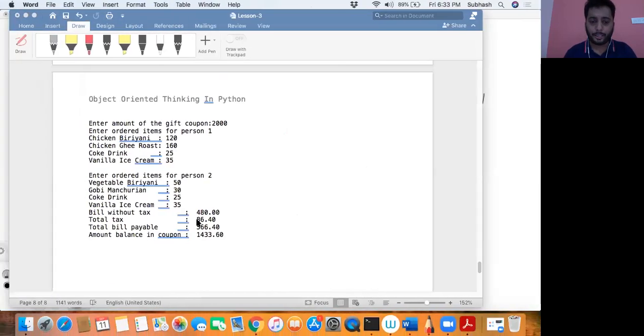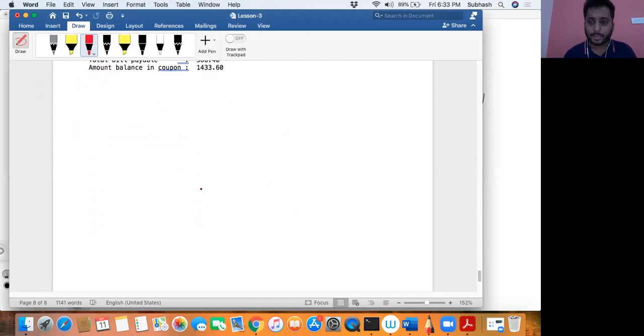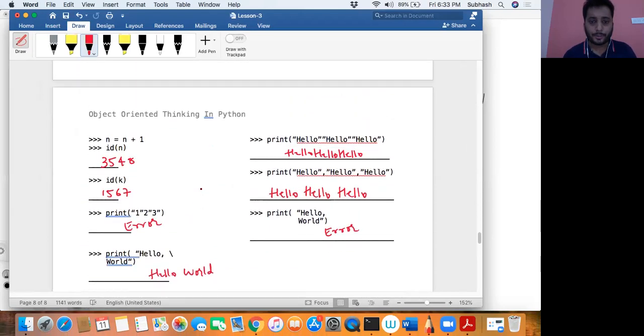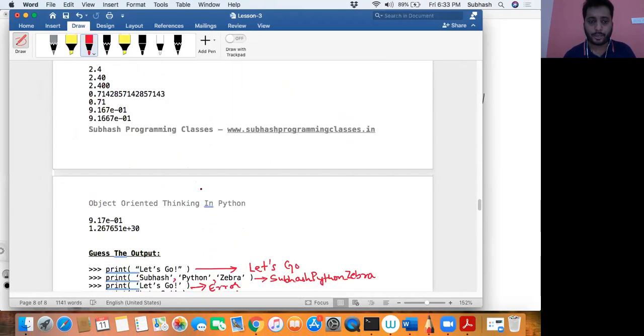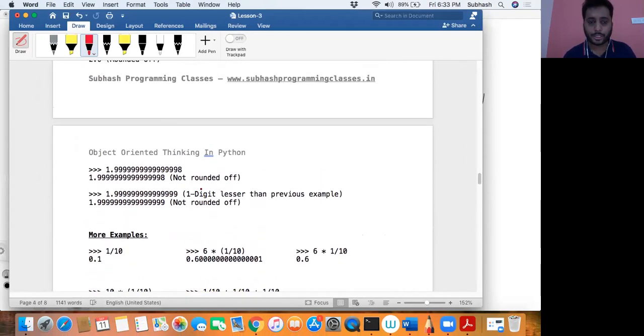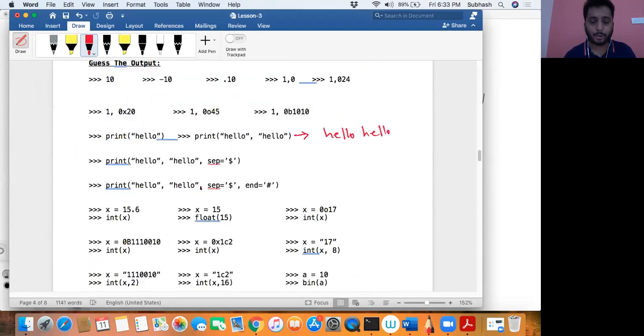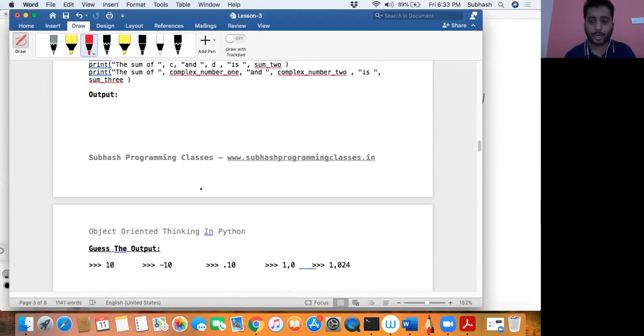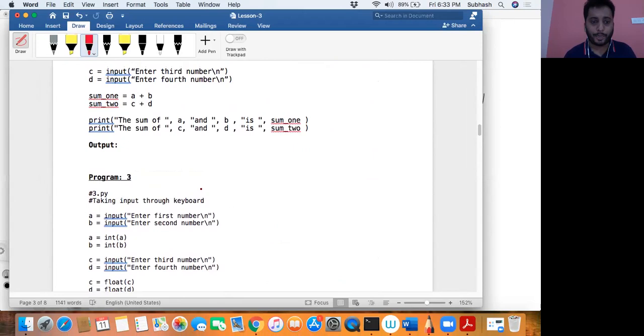I think we are done with today's session. Tomorrow, in the next lesson, we would be starting operators. I hope you enjoyed the session. We learned quite a lot: how to format the function, what are constants, different types of constants, what are different kinds of data types, and how to represent floating point numbers, the ORD function, CHR function, print function, and conversion functions like int, float, and all that.